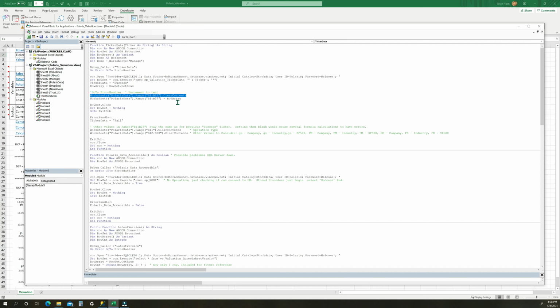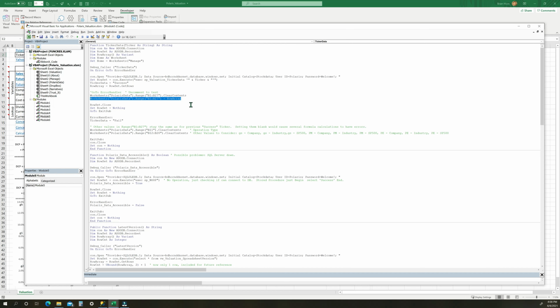It clears out the landing area on that worksheet and then populates the values, and the valuation spreadsheet has formulas that reference specific cells in